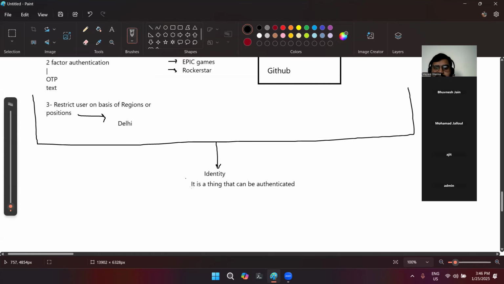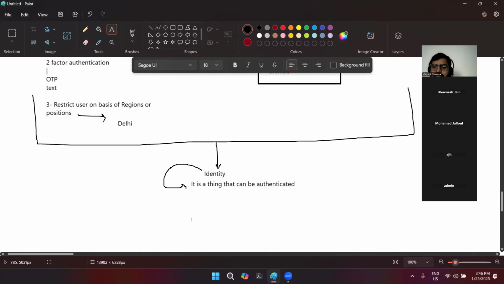Now the way of this authentication can be anything. Either I'm using a username and password. This is the first and the simplest way.